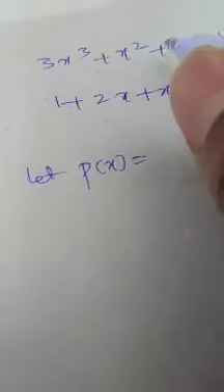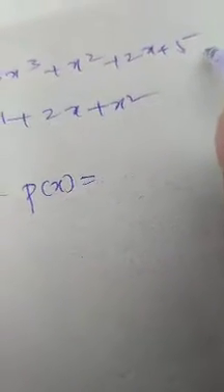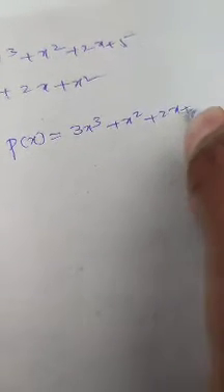So let us do the division. I am taking P of x as the dividend polynomial. What is the dividend polynomial? This one. What I said, before taking P of x, arrange the terms in descending order of the powers of x. Okay, x cube, x square, x, there is no constant issue. So the order is in descending order, so no need to change. Write as it is: 3x cube plus x square plus 2x plus 5.